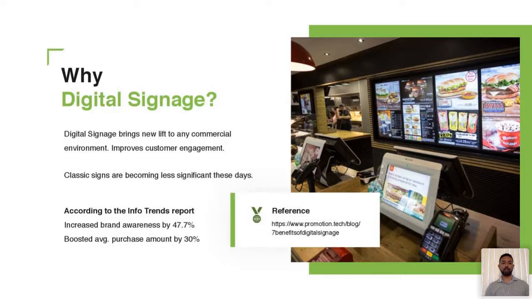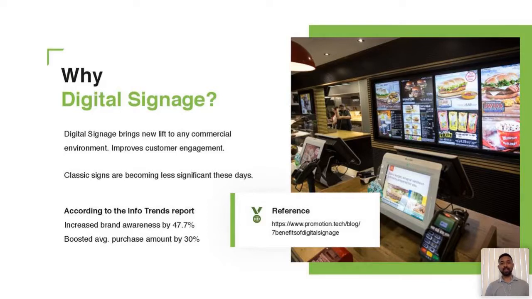According to the InfoTrends report, brand awareness because of this digital signage is increased by 47.7%. And, as I said before, it boosted sales by 30%.